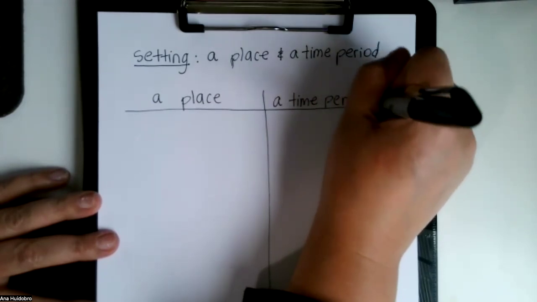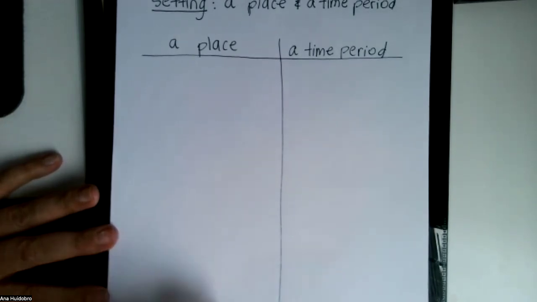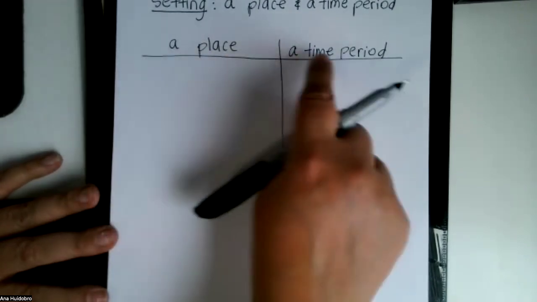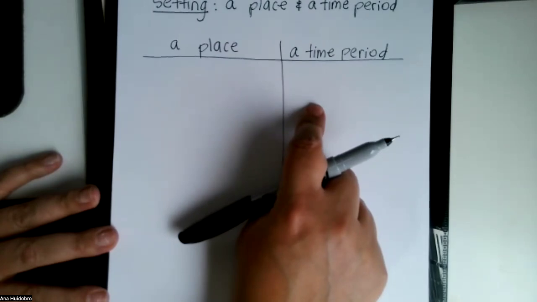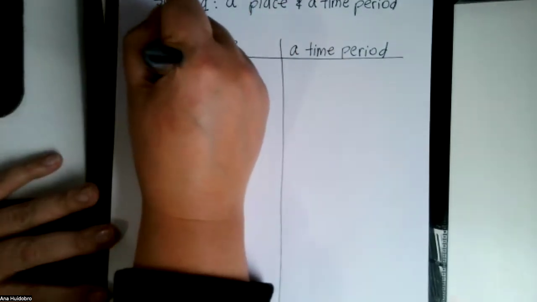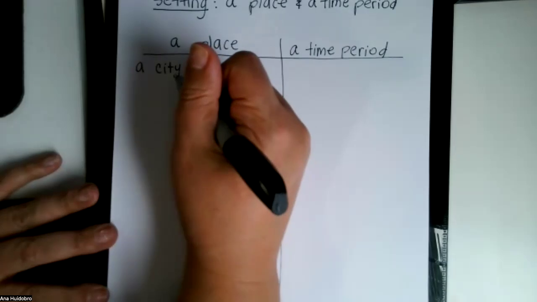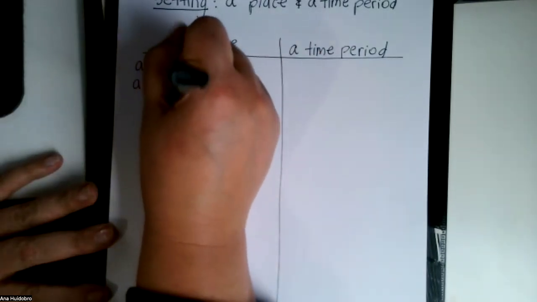So I'm about to write a whole bunch of things here. You do not have to write a whole bunch of things. You can pick one, maybe two. But I do want you to let me know what is the place and what is the time period. Okay. So for example, a place could be a city, and it could be a fake city or a real city, or maybe a small town,